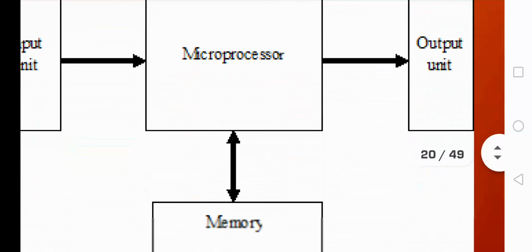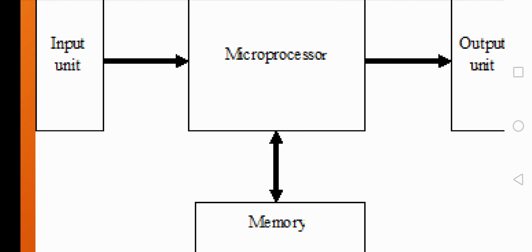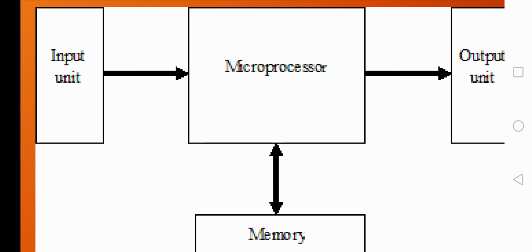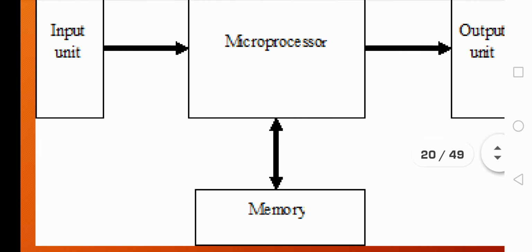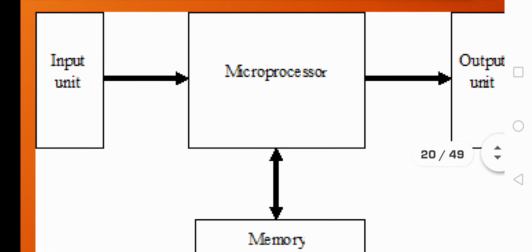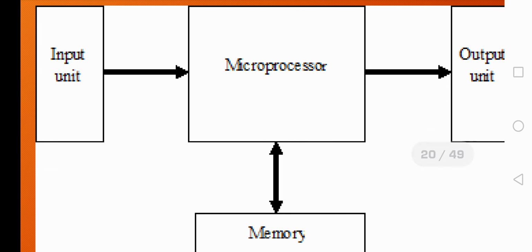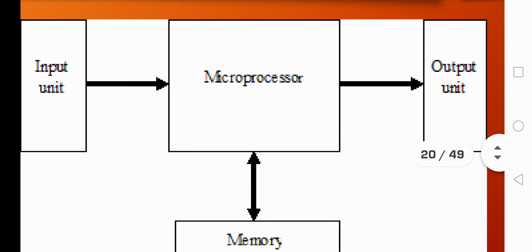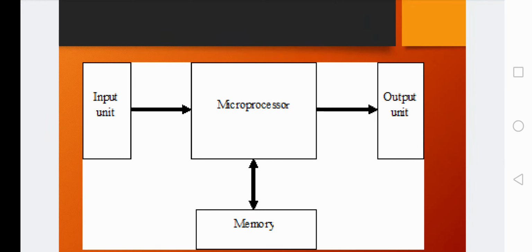So this is the block diagram which shows a microcomputer. The microcomputer has a single microprocessor, shown in the middle. The input unit is responsible for accepting the input data given by the user standing outside. The microprocessor maintains all sorts of programs, instructions and information in the memory. At the time of execution the same information is retrieved from the memory and executed by the microprocessor, and whatever result has to be maintained is stored in the memory also, and whatever result has to be displayed is displayed through the output unit. So this is the block diagram of a digital microcomputer.